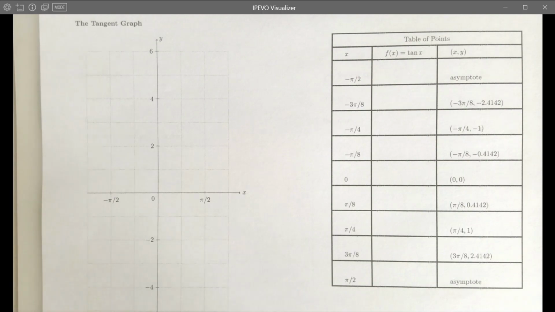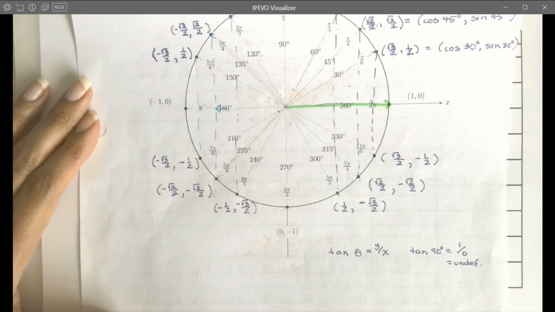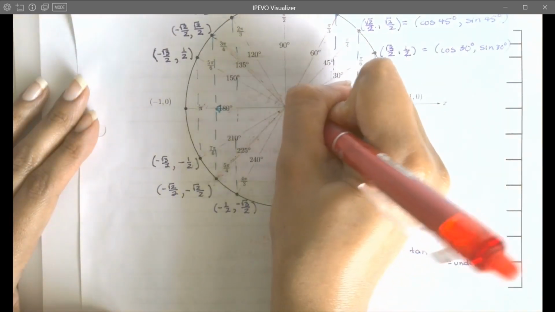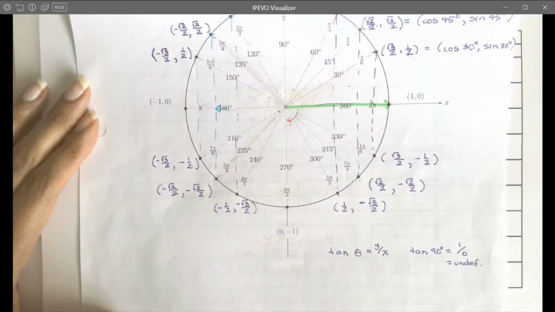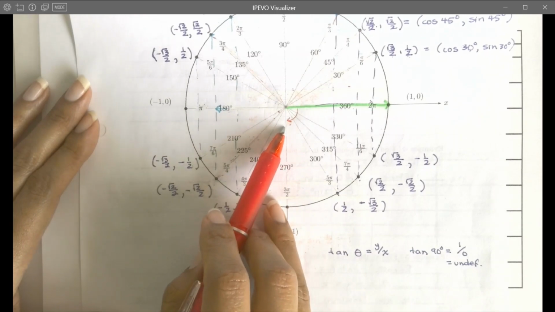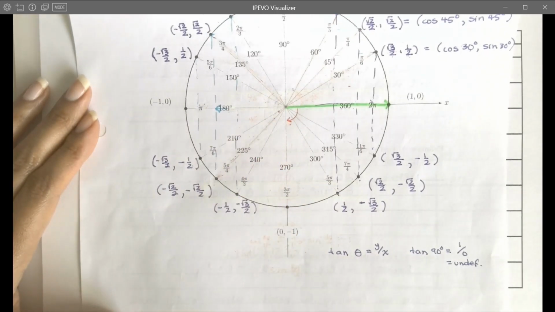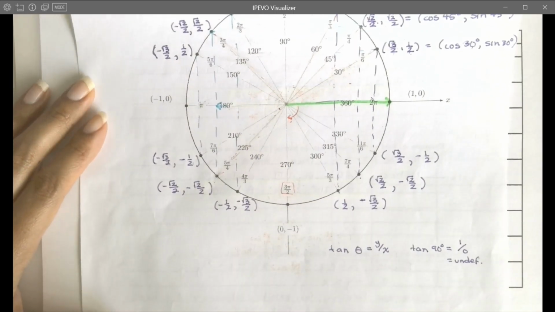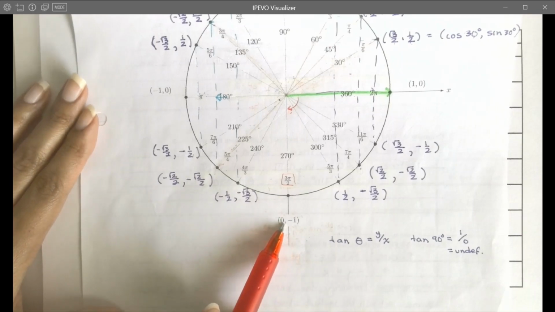So the first x value is negative pi over 2. And we can actually find negative pi over 2 on our unit circle. Negative pi over 2 is going to be an angle that opens clockwise, and it's going to open 90 degrees because if you recall, pi over 2 is the same as 90 degrees, but in the clockwise direction is how we get the negative part of it. So that corresponds to a coterminal angle of 3 pi over 2, and the point that's associated to it is